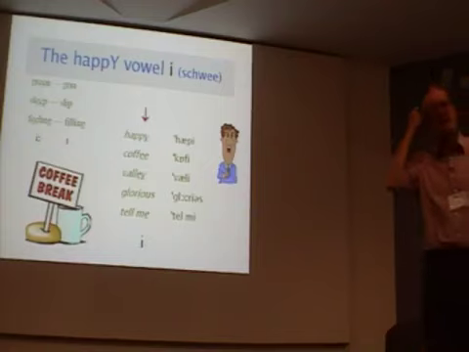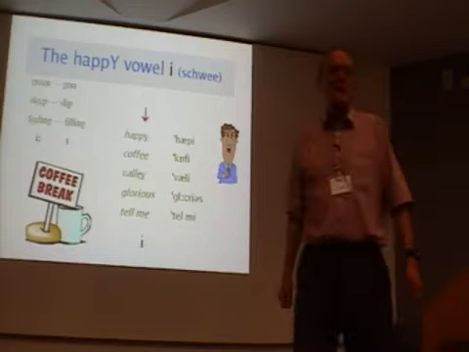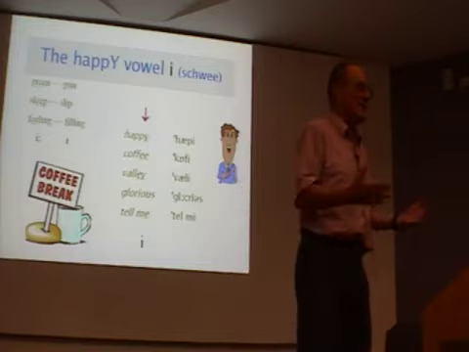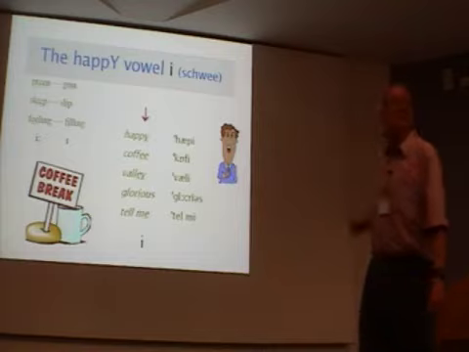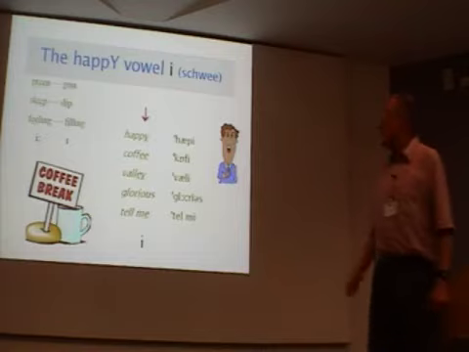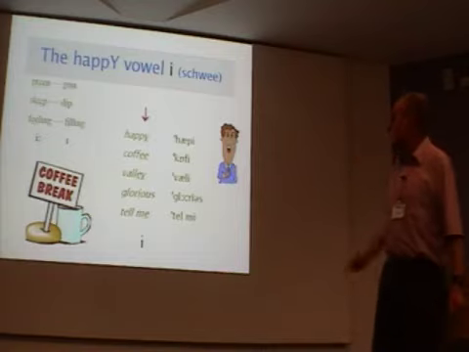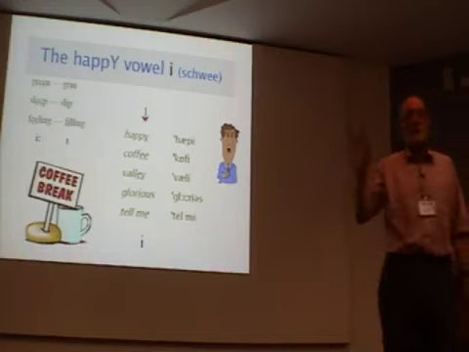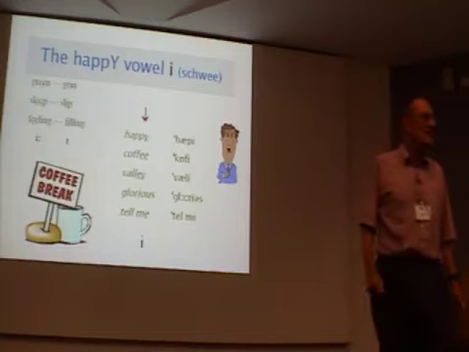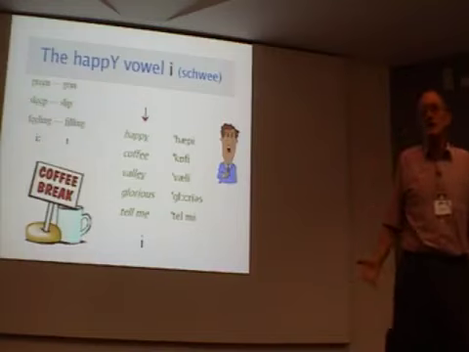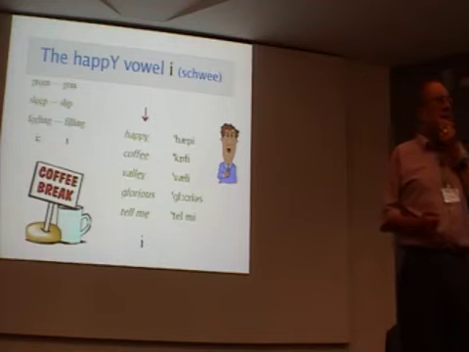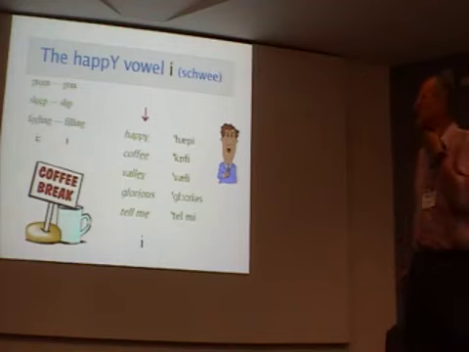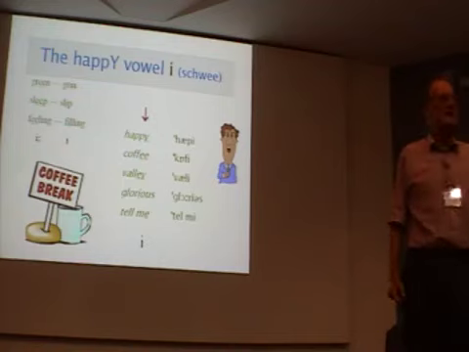Some people call it schwee. If this is schwa, you see this is schwee. Anyhow, the happy vowel is what I usually call it because it occurs at the end of the word happy. Notice it occurs at the end of all those words and also before vowels in words like glorious. Now, it's very difficult if you force me to say, is this the E vowel of green, fleece? Or is it the I vowel of grin, kit? Is it